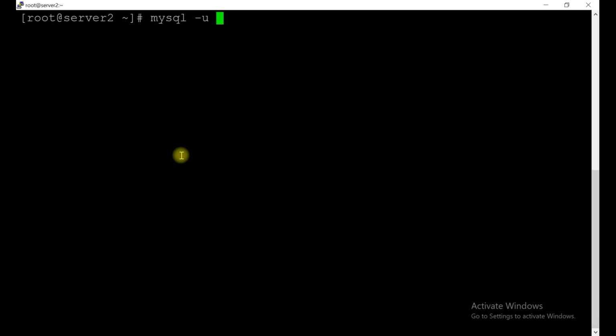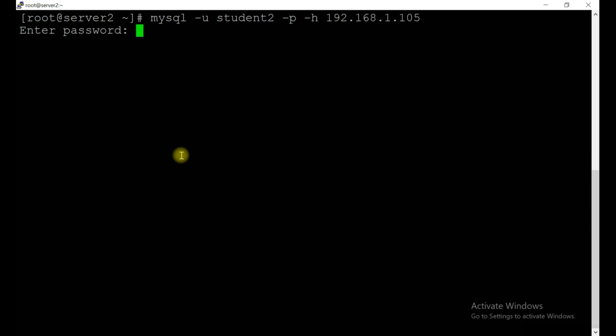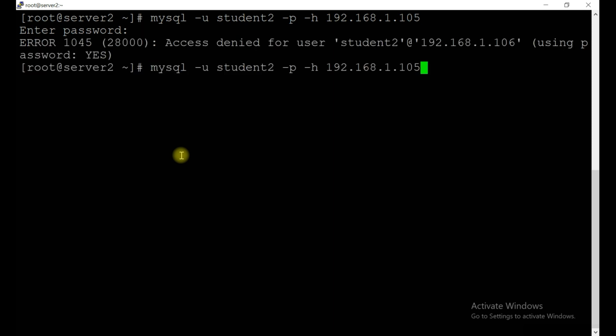Okay, so let's log in first. mysql -u student2 -p -h 192.168.1.105. Okay, it's asking for the password. Enter the password, which is student2. Access denied.